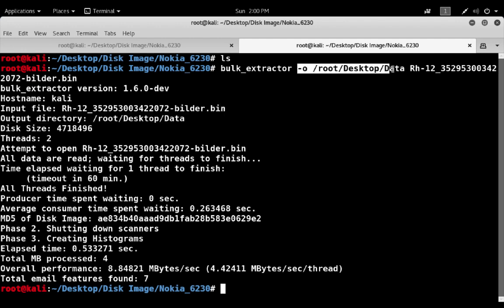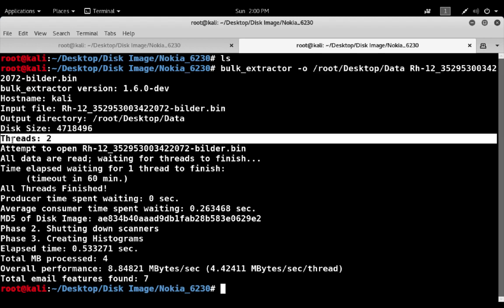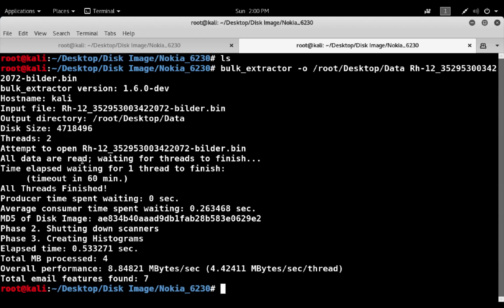This is the disk size we have used. It uses two threads created to extract the data, and you can see the time taken and whatever this tool has done.